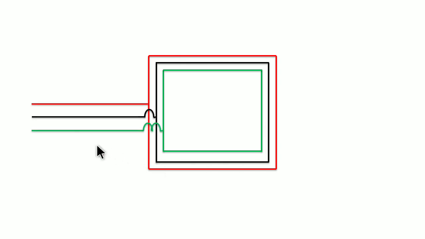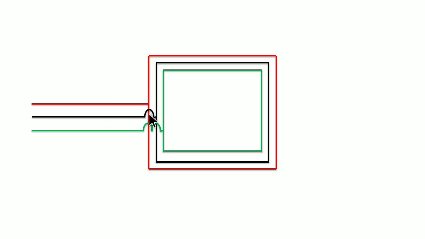This is the live wire, which is in red. Black represents the neutral and the green represents the earth wire. So in four walls this kind of ring structure is formed, so that all the wires form the ring structure. And let's assume that the line from the mains gets connected this way. So the live wire gets connected and this is the neutral wire.